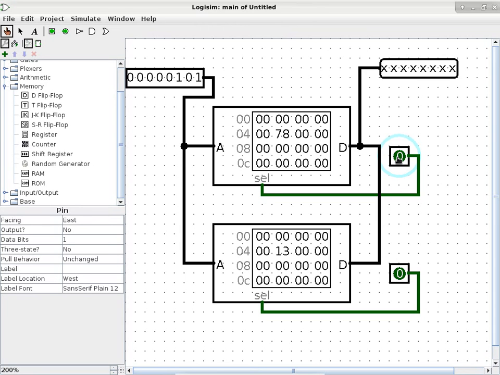So if I want to do that, then I just say, hey, the bottom chip, go pay attention now. I want your location 5. Tell me what it is. It is 13 in hexadecimal, which turns into 0001, 0011 in binary. So that's how memory works, okay?